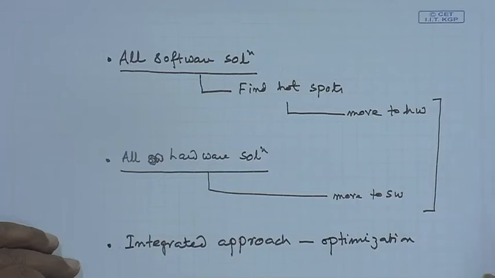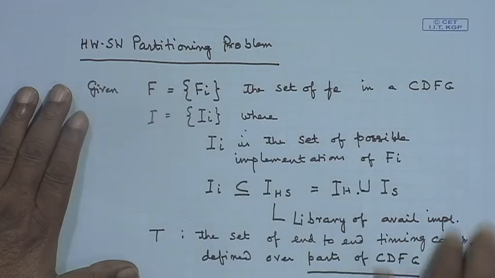Now, there are several approaches of carrying out optimization. This one, the hardware software partitioning problem the way we have defined it, maps very well to a well known computer science problem, which is the consistent labeling problem. For those of you who have done that, it may be familiar. The standard methods of consistent labeling may be applied. I will show some difference with that consistent labeling problem, but before showing the difference, just keep in mind this